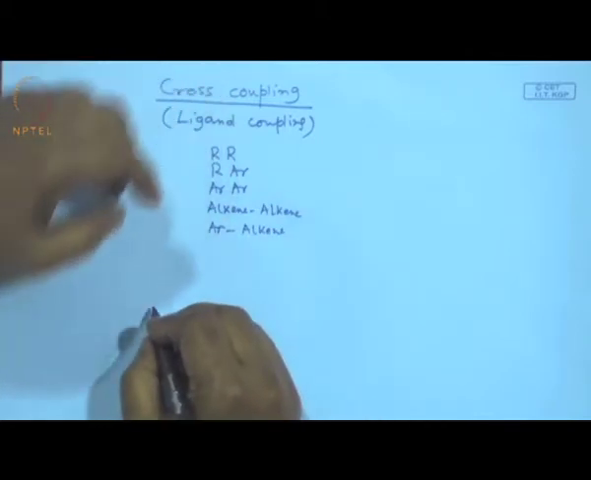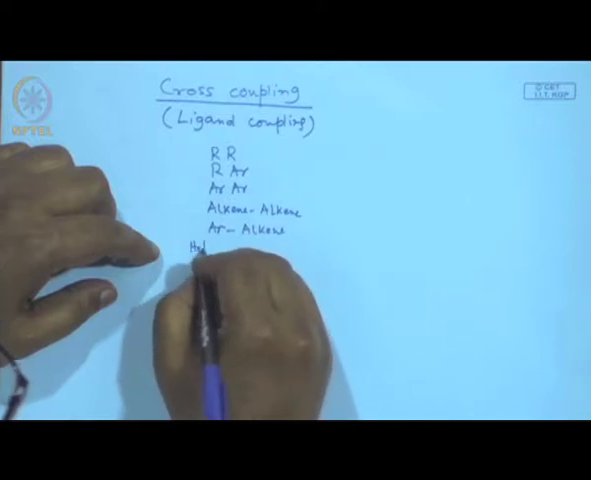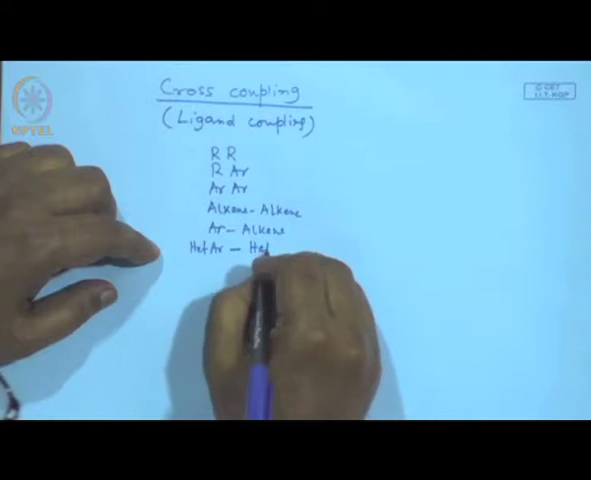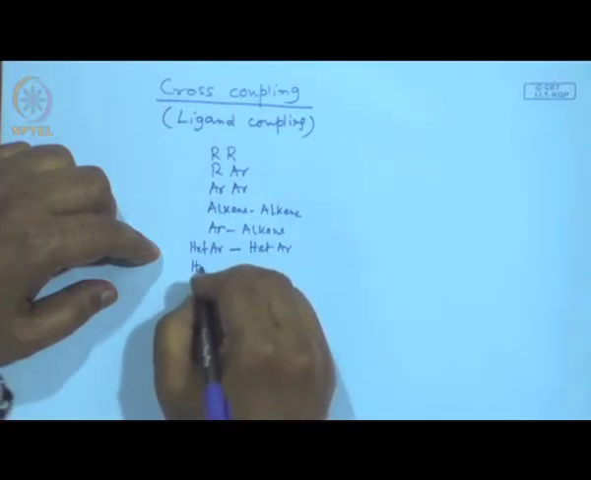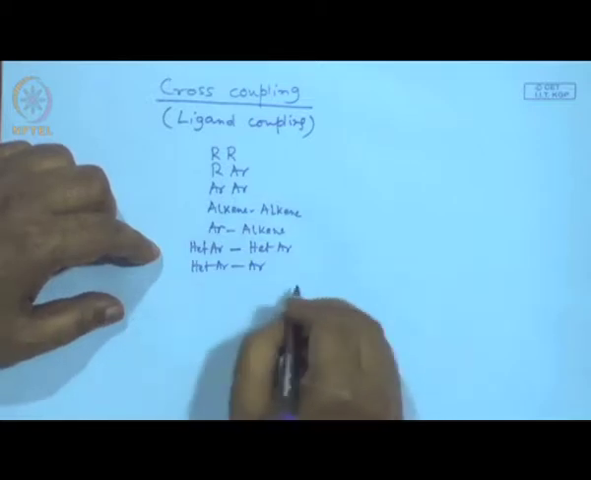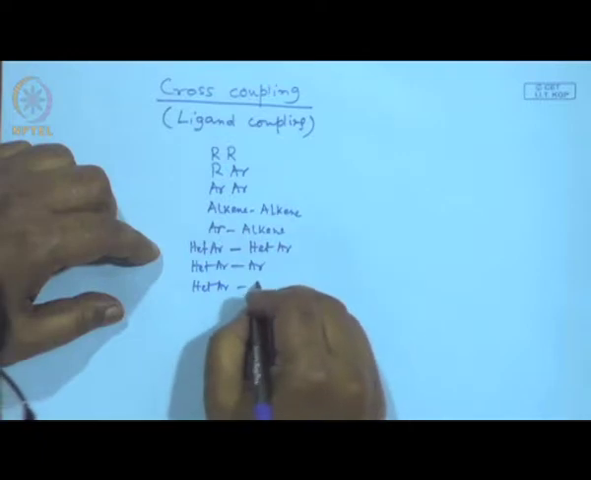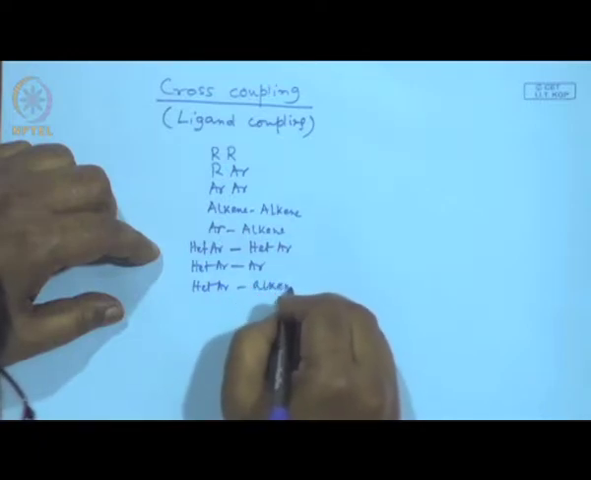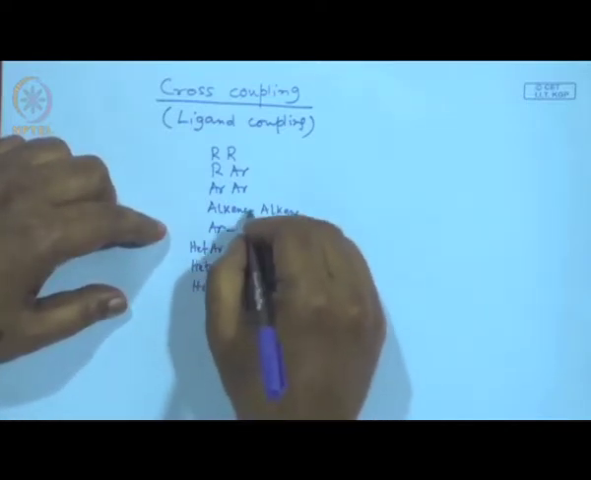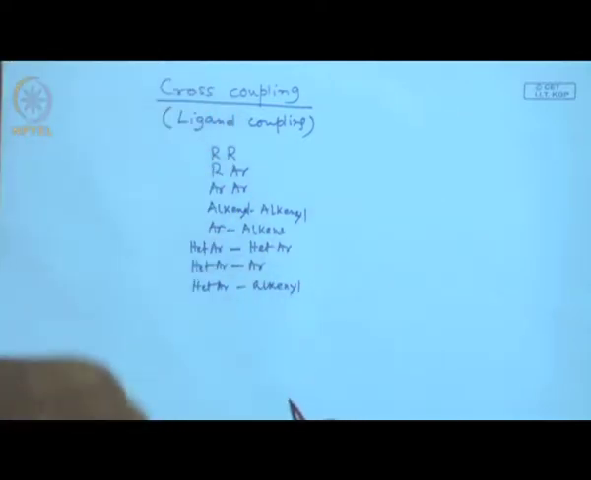What else? What are the other possibilities? Now our domain, our scope, is heteroaryl. We have heteroaryl, aryl. I mean you can go on writing so many things. Then heteroaryl and alkenyl. Instead of writing alkene, alkynyl, I write alkynyl. So, you have so many possibilities,